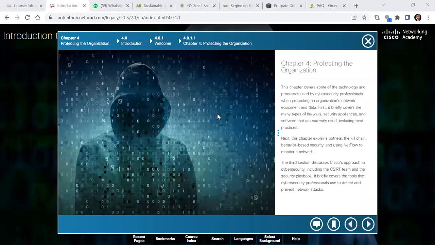So chapter 4 is talking about protecting the organization. This chapter covers some of the technology and processes used by cybersecurity professionals when protecting an organization's network or when protecting equipment and data. First, it briefly covers the many types of firewalls, security appliances, and software that are currently used, including best practices. This chapter is going to explain what we call botnets. It's going to explain the kill chain behavior based on security, and it's going to talk about using NetFlow to